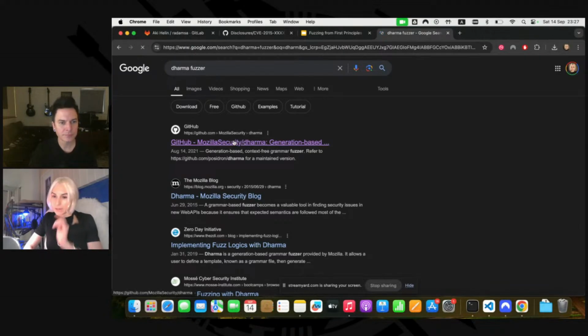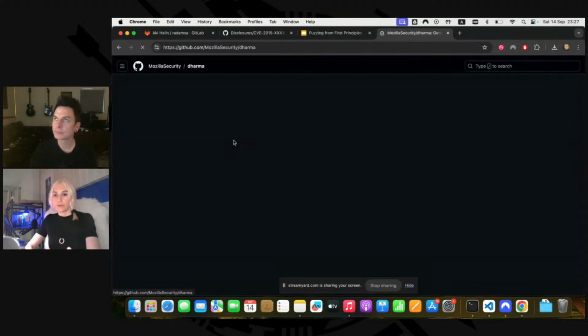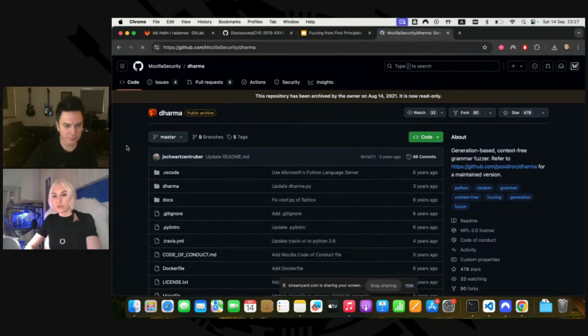So Dharma, as I said, is another super fundamental tool in the fuzzing toolbox, kind of like a Swiss Army knife. But its purpose is different. While Radamsa is applying an array of interesting mutations to a file, which makes a lot of sense for large files, Dharma is able to generate new inputs based on a grammar.